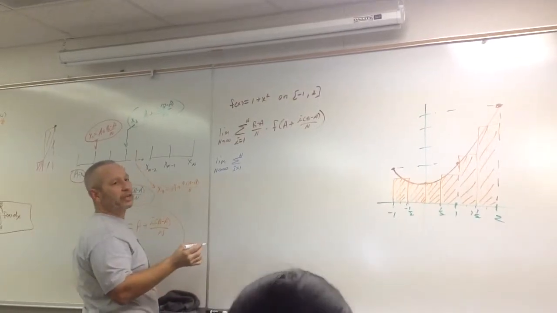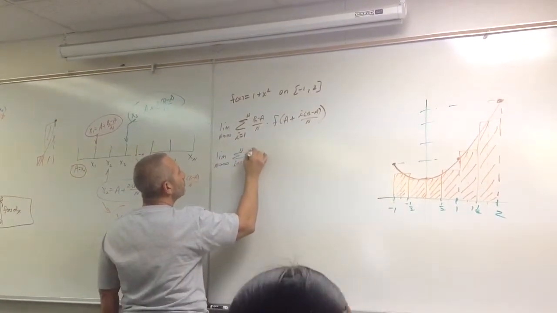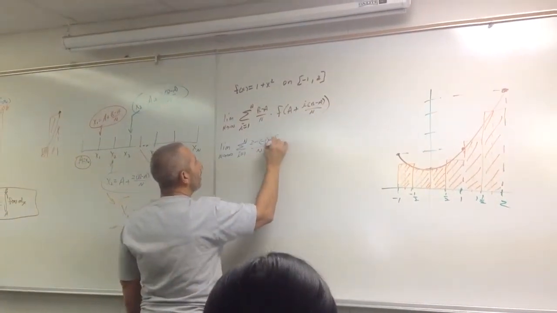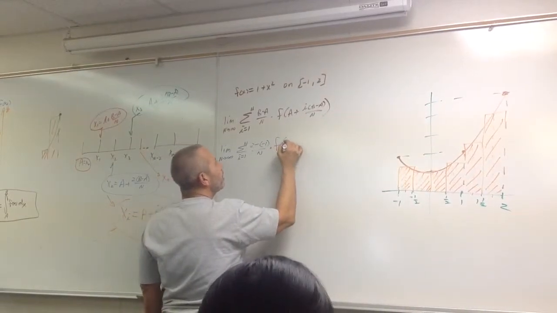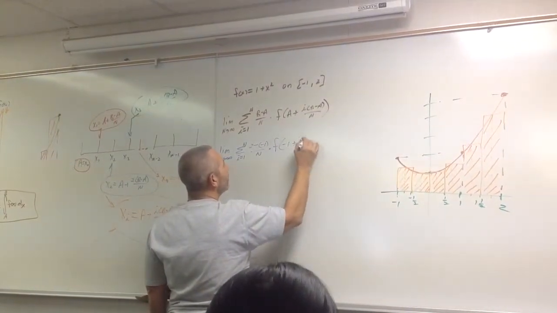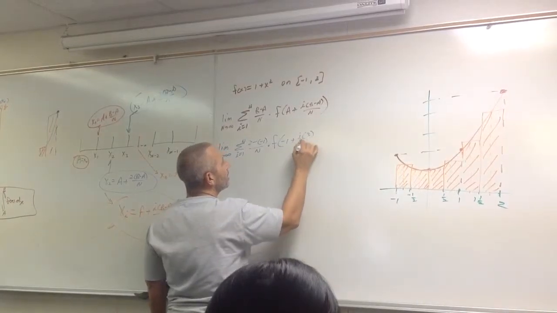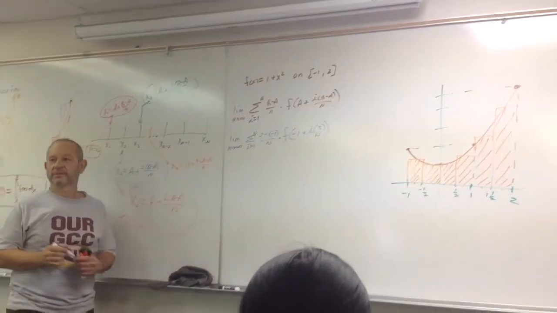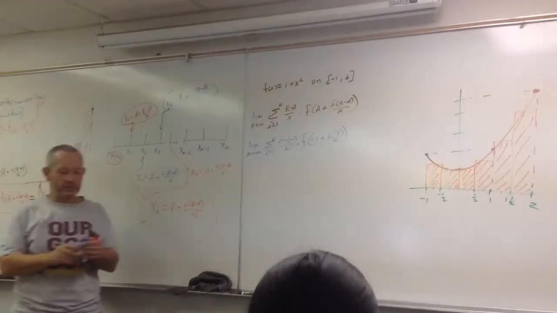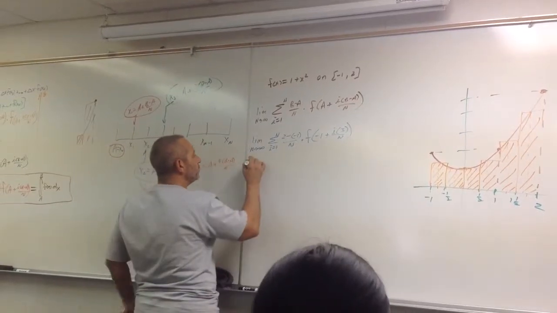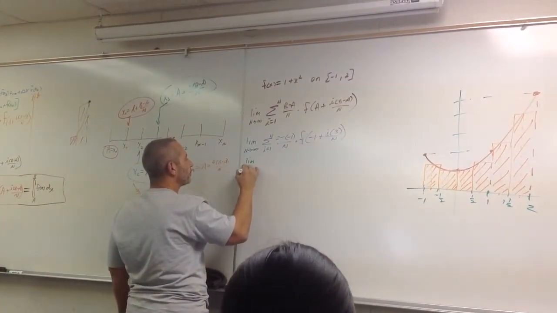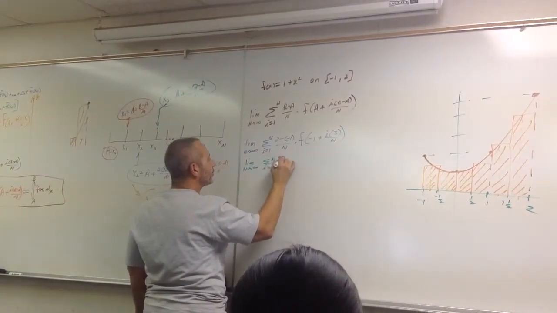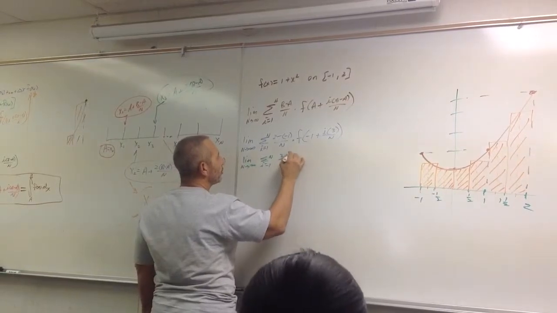What's b in this case? 2. Minus, what's a? Negative 1, over n times f of, what did you say a was? Minus 1 plus i times (b minus a), which is 3, isn't it? Right, 2 minus a minus 1 is 3. So this is the limit as n goes to infinity of the sum from i equals 1 to n of 3 over n times